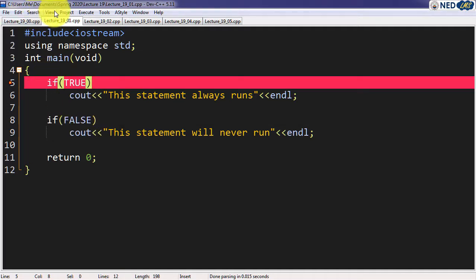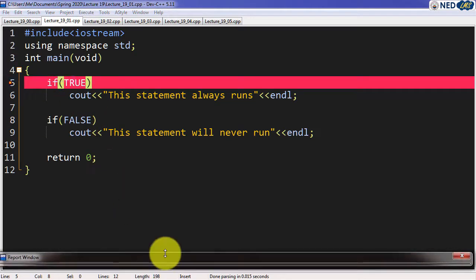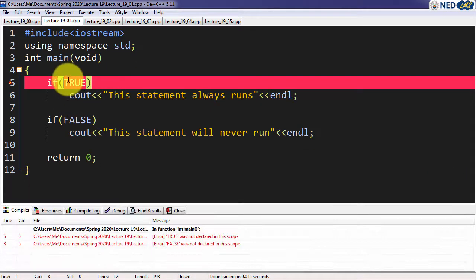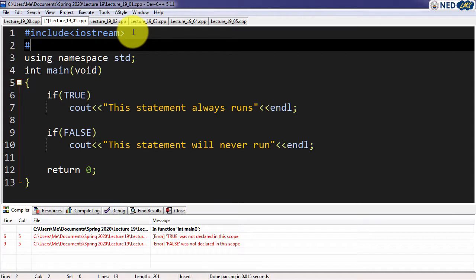This thing says that, going to the report window over here, it says that true is not declared in this scope. So, true was defined in small letters, not in capital letters. So I can have another preprocessor directive, something known as define. I can just write define that whenever true, I mean this word here, occurs, just replace it